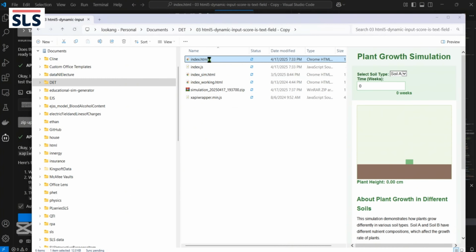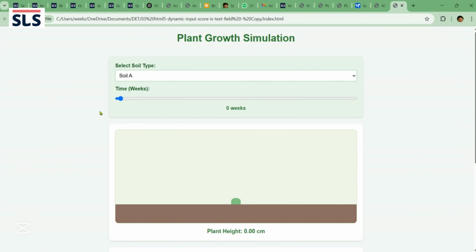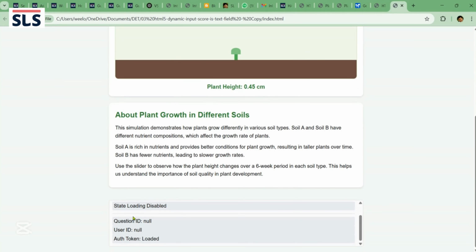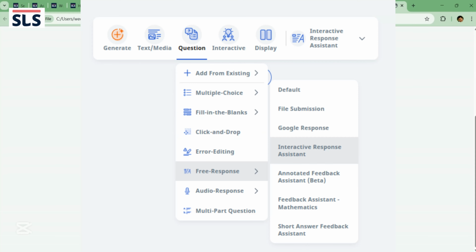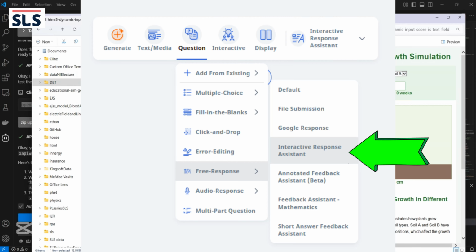double clicking on the index file. So once you double click on the index file, you will see that it has the soil, A and B, and then the slider. Okay. Of course, when you slide all this, nothing will be recorded and nothing will be sent to SLS because this needs to be injected as an interactive response question for it to work. So now going back to